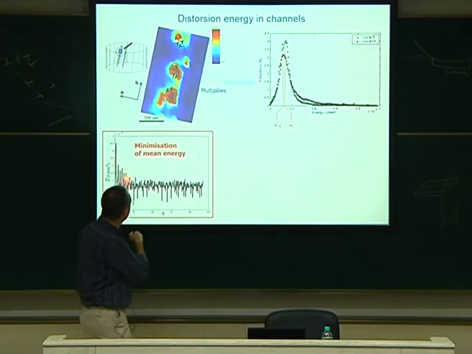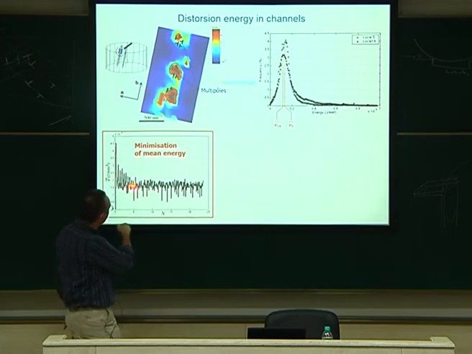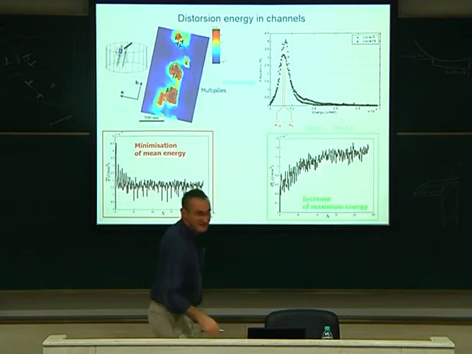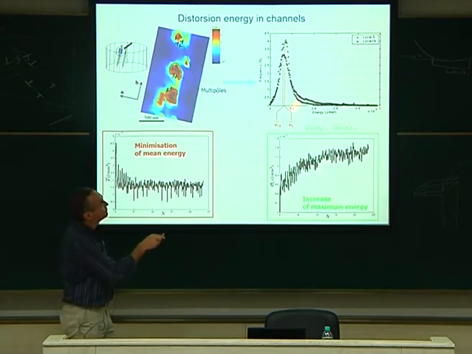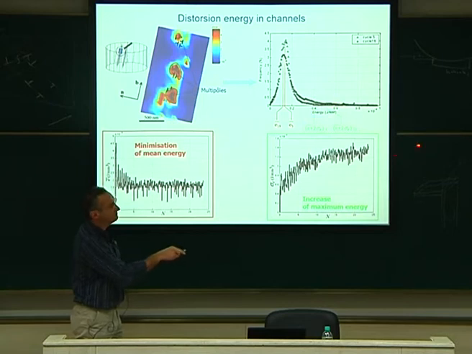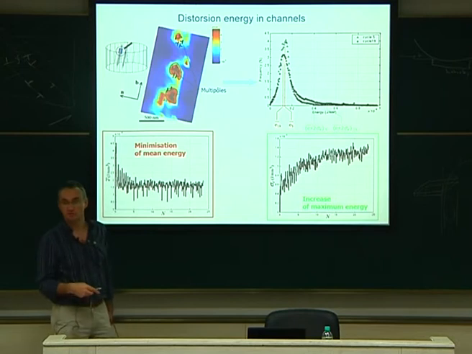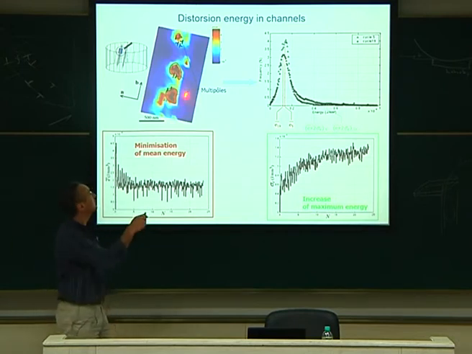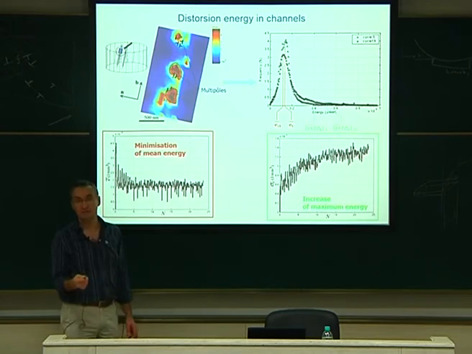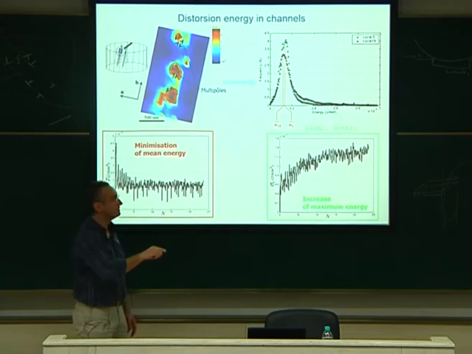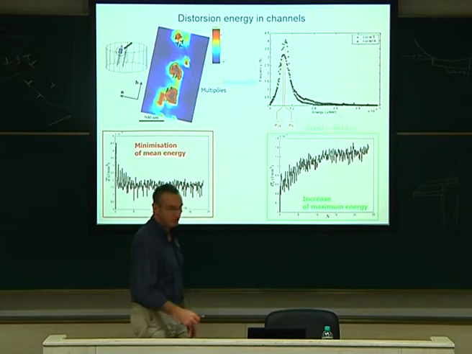So the average is decreasing. It means that the mean energy is decreasing with the cycling a little bit and then constant. So the average decreases, whereas the maximum, that you can take as the average plus the standard deviation, here is increasing with time. So it means that you have more and more energetic zone area in your material. So after a given number of cycles, I'm sure here you will have enough energy to open a crack. If this is continuous, you will have something enough to open a crack.